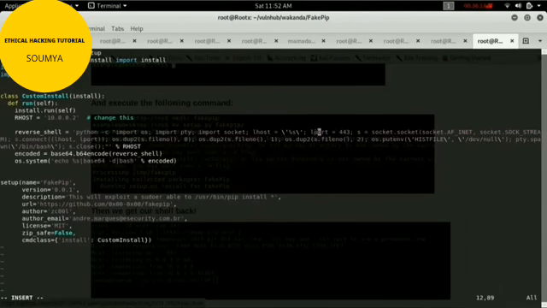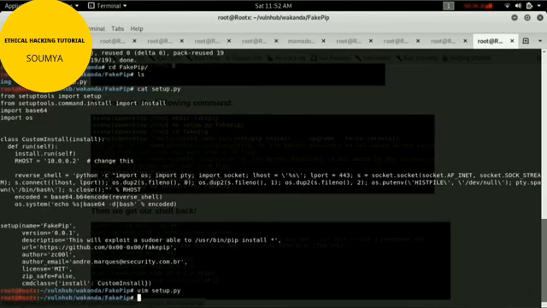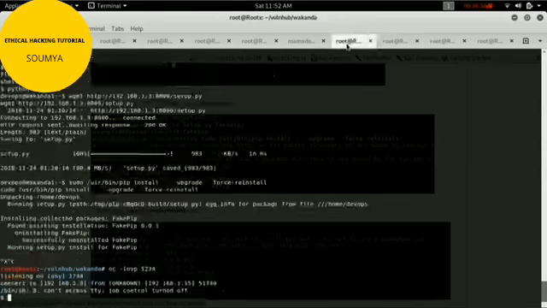Vim setup.py. Let me edit the rhost. 192.168.1.3. Okay, I have no idea why I put rhost is my IP.